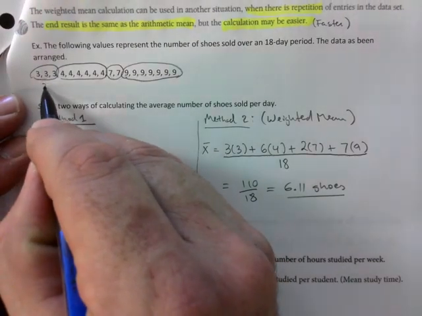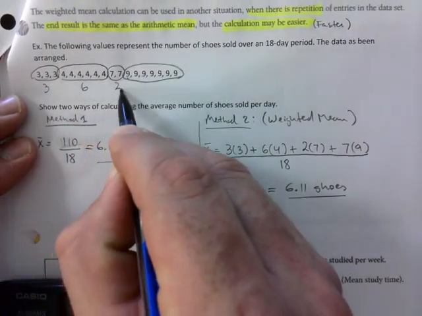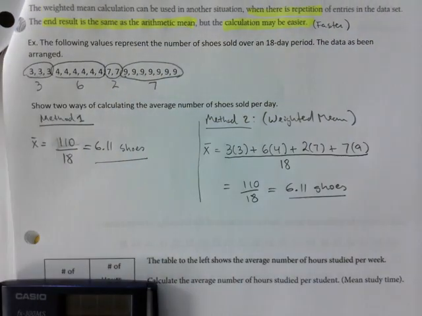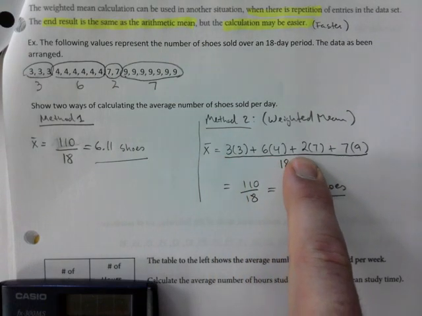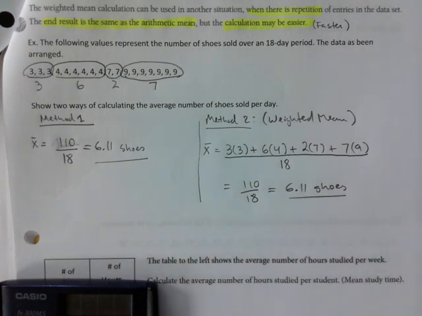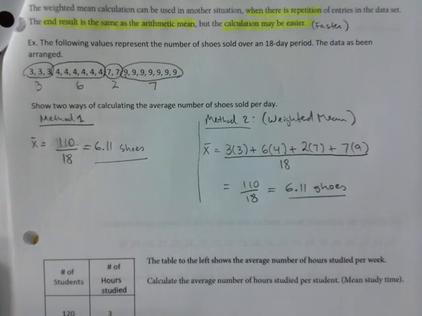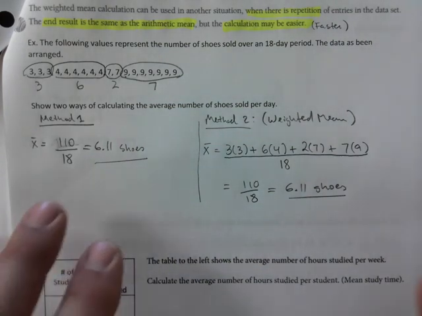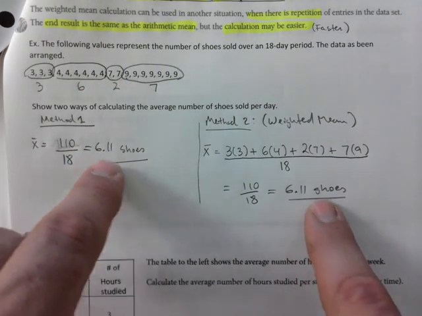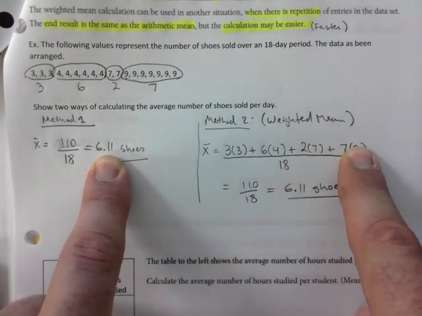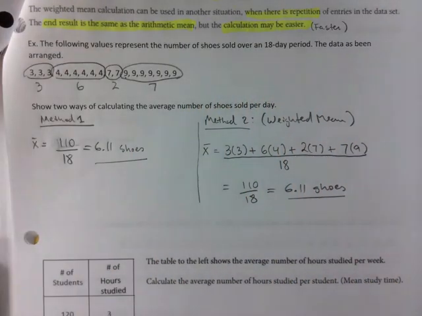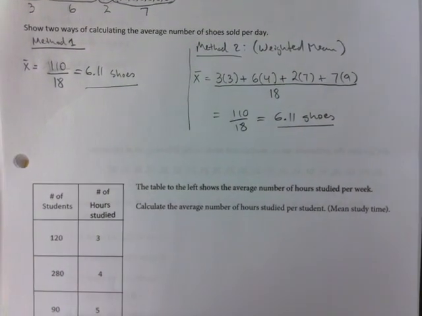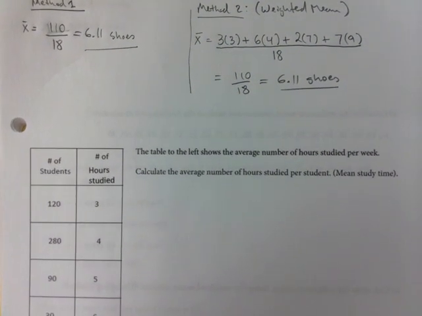How about we do this? There are 3 3s, 6 4s, 2 7s, 7 9s. That's where these numbers that I have in front come from. I'm just building a case here. The main idea is that when it comes to repetition, both means are going to be the same, but this is faster, especially when you have like 50 or 100 values or more, maybe a couple thousand. Like the Jets question on the AC that I didn't get you to do,